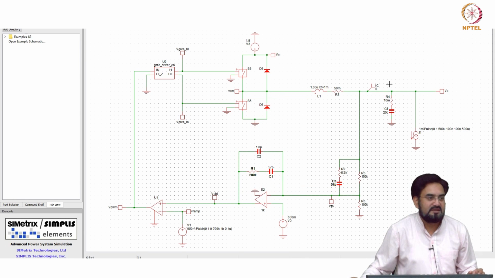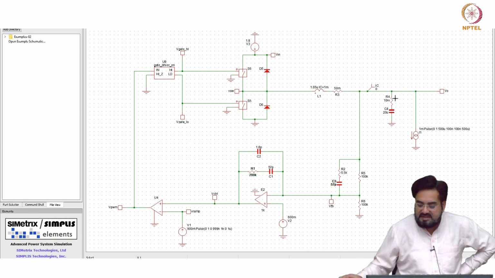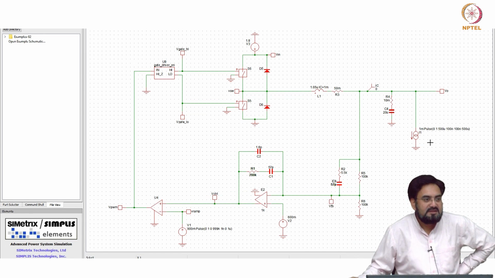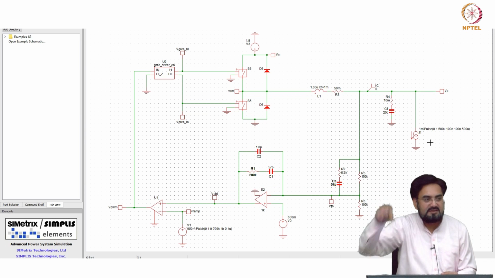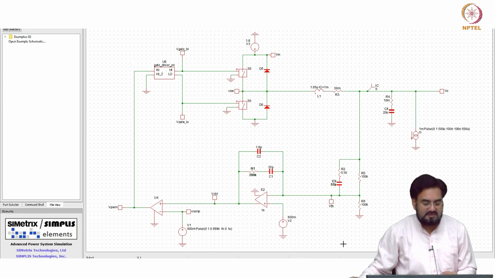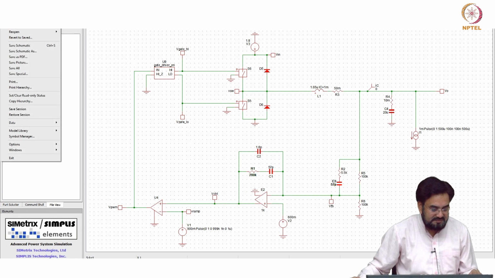So that should appear here, but why would I have a 1.01 megahertz ripple here at the output? Harmonics of what? No, think about it: you have a load here, it could be a switching load, and the switching frequency of that might be different. So that may cause a noise here, which will get injected back, amplified and appear at the output. So let us see what happens.